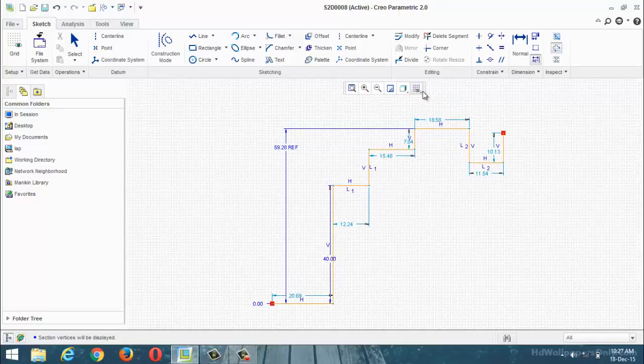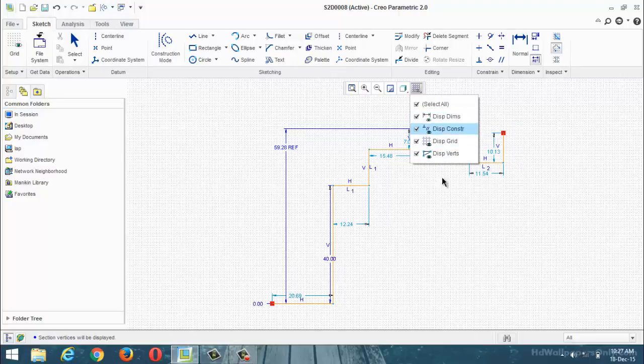Okay. Again for viewing purpose, you can operate this. Display constraint. Display constraint is nothing but properties. Again you can see symbols, horizontal, vertical, every property symbol here. See here L1, L1, same line, same property, equal property. Okay. Horizontal, vertical, L2. That means this line has the equal option. L2, L2. Okay, that is about display the constraint.